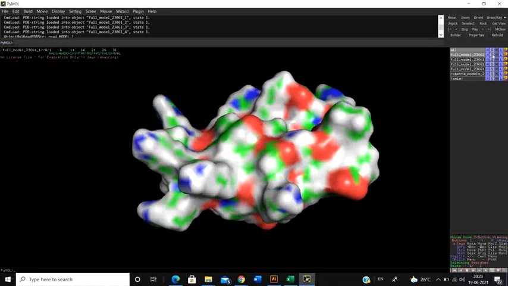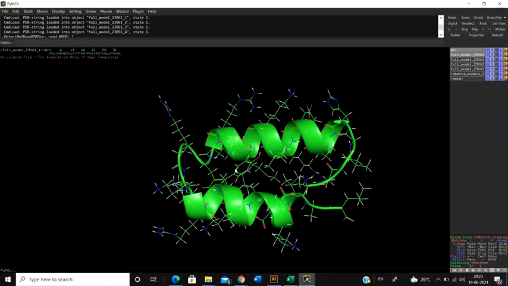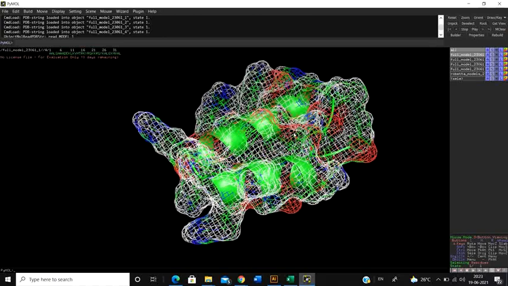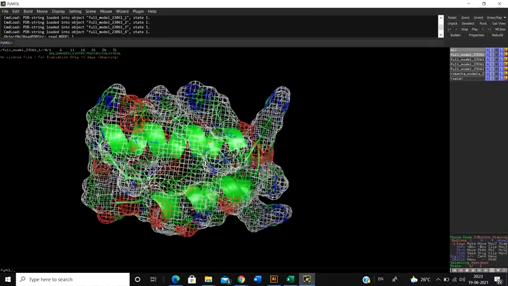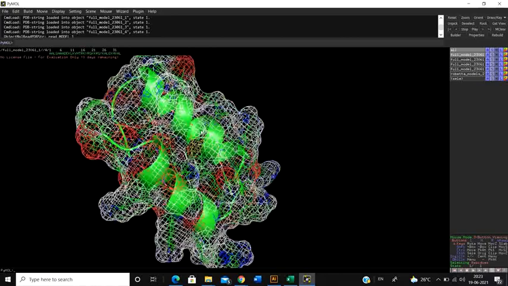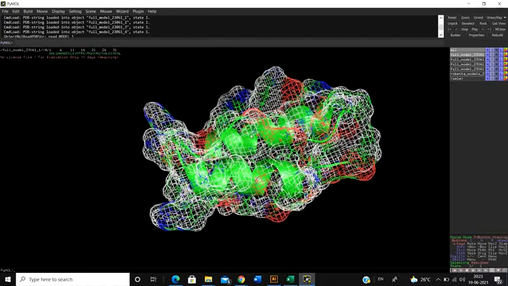Okay, but as I have told you, if I click on surface, I am not able to see the entire secondary structure. So how to make sure that I can see both of them? There is an option called mesh, and if you click on mesh, you can get to see the total topology, and you can also visualize the secondary structure within. This is actually like a transparent 3D model, right? The transparent 3D model.